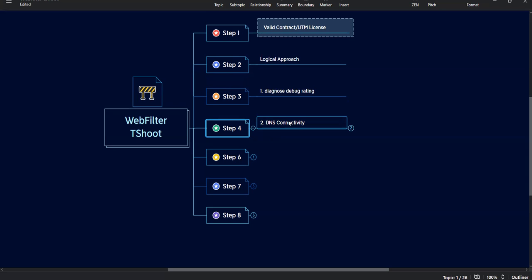abc.com, xyz.com, facebook.com, Instagram, YouTube, Yahoo, whatever it is, it's all DNS resolutions, right? If your DNS is having a problem, of course the issue will come up with the web filtering, right? So once you have completed this and confirmed there's no problem with the licensing, just look for the DNS. Look for whether you're able to reach the DNS at the first